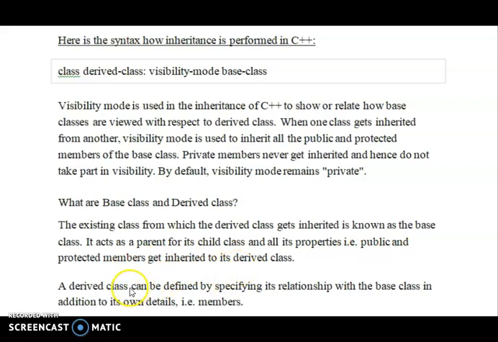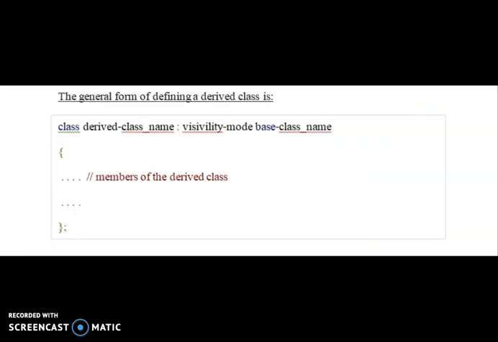A derived class can be defined by specifying its relationship with a base class in addition to its own details, that is, its members. The general form of defining a derived class is: class derived_class_name : visibility_mode base_class_name { members of derived class };